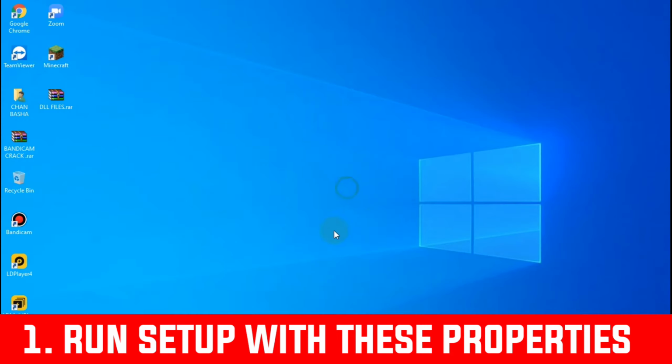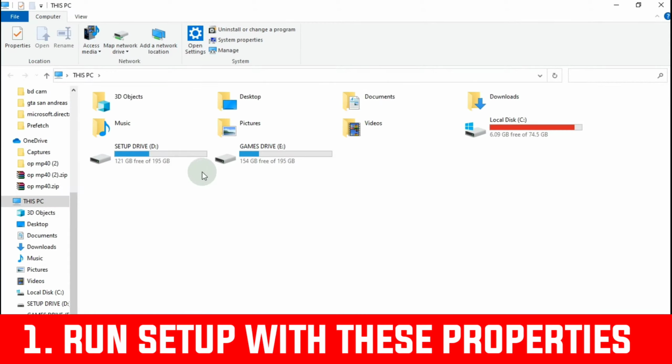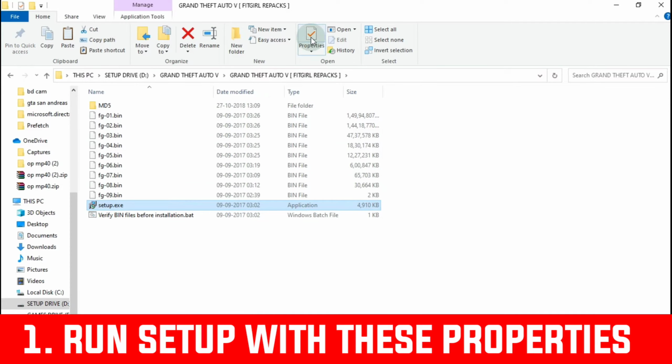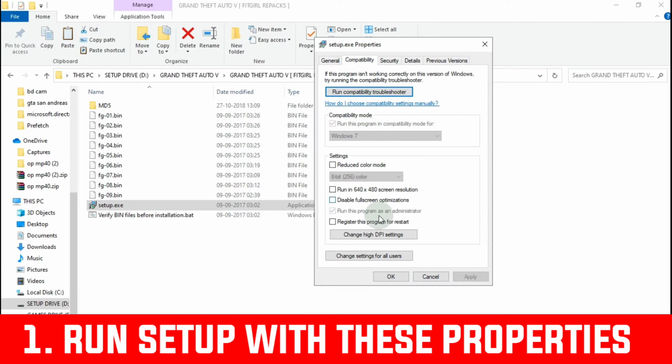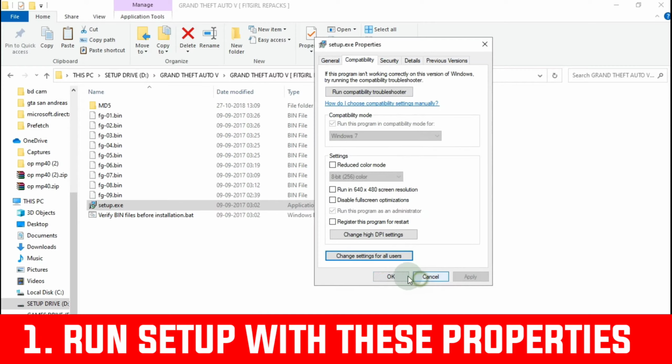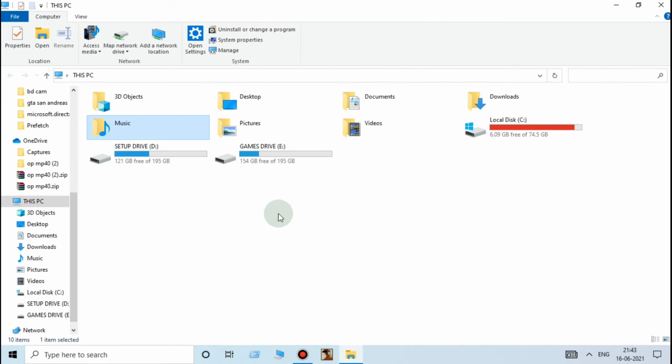Okay, now run the setup with these properties as I'm going to show you. First, open the directory where the FitGirl Repack is located. And now right click on the setup and go for its properties. And now go for compatibility mode and click on the option named change settings for all users and set up Windows 7, and make sure to check the option named run it as an administrator and hit apply